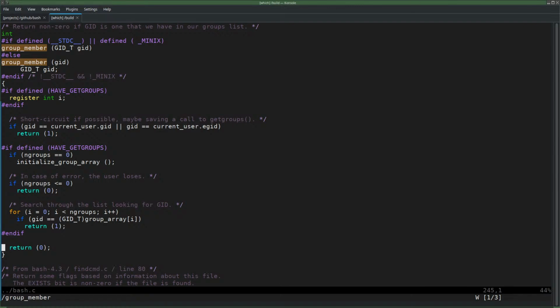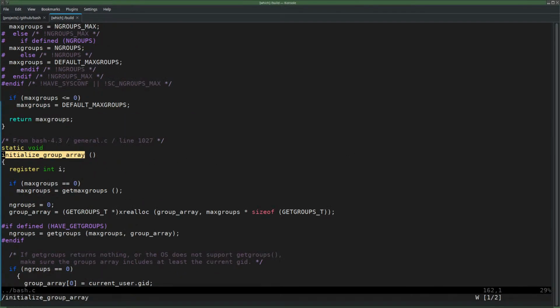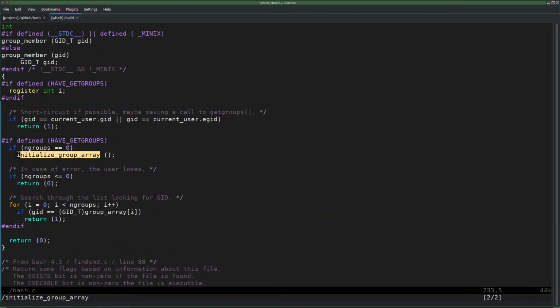Theoretically, you would think everything is needed. The whole file, maybe. Okay, so